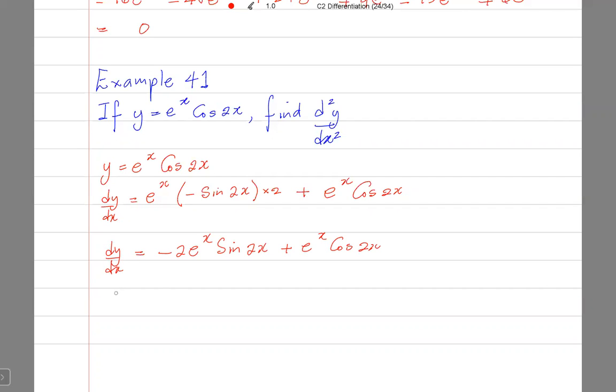So let's differentiate again. d2y by dx squared, 2 e to the x sine 2x is a product. So it's minus, and then we differentiate. If we want, we can take out the 2, minus 2, and then differentiate. We get, when we differentiate e to the x sine 2x, leave the first, e to the x, differentiate the second, we differentiate sine, we're going to get cos. So this is cos 2x multiplied by the differential of the inside function, which is 2, plus,